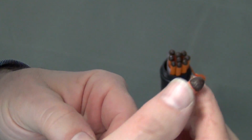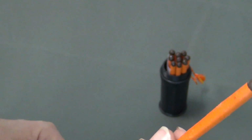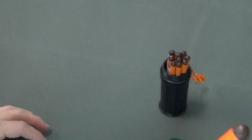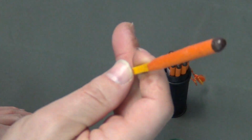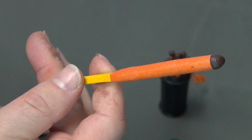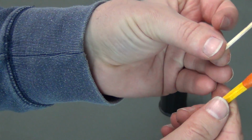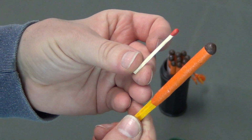It's kind of like a sparkler, almost like one of those 4th of July fireworks. You light it and it just burns. It kind of glows all the way down, but it really puts out a big flame and a lot of smoke. You never want to light these indoors. You're going to set off all sorts of smoke alarms and fire alarms and everything. So they're just huge. Look at the size comparison here, a standard